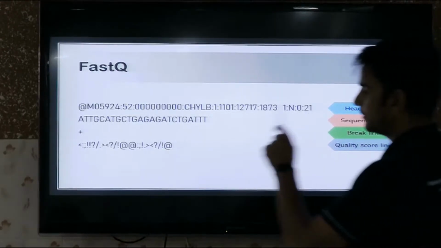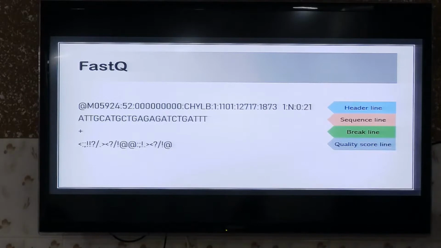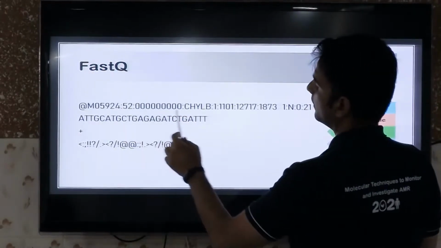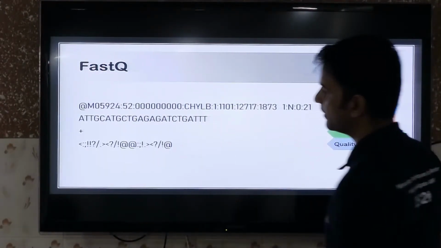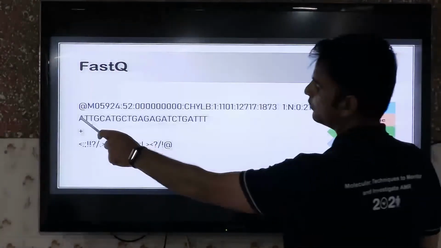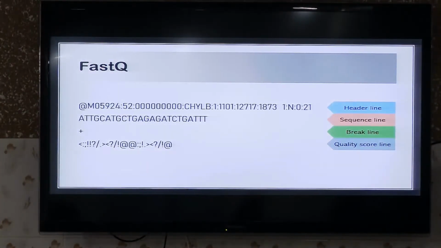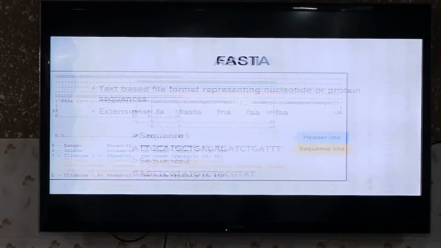The long name which you are seeing over here is MiSeq, and each piece of information between the colons is of a different position, different tile, and there are X, Y axis coordinates, right? And corresponding to the quality, we have different ASCII encoded values, right? If you see the @ sign,